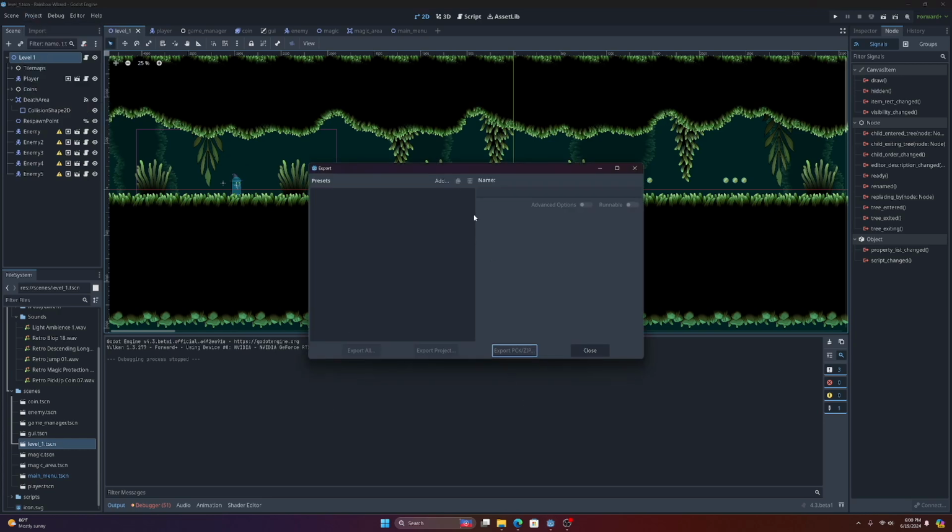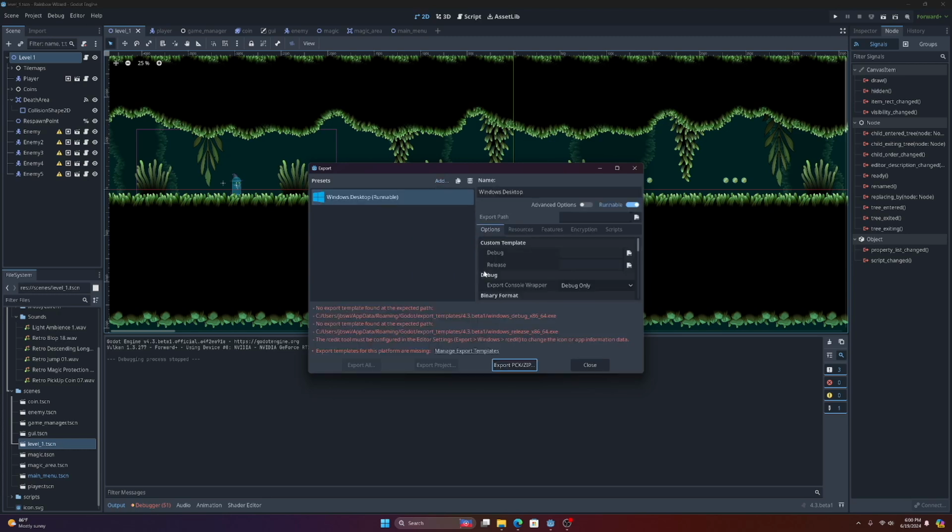And that's going to bring up this window, which probably is empty if you haven't used Godot to export a game before. So we can click Add here, and then you'll see the different platforms that are available for you to export to. So we'll just click Windows here,